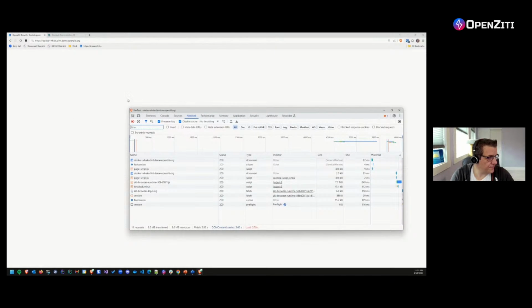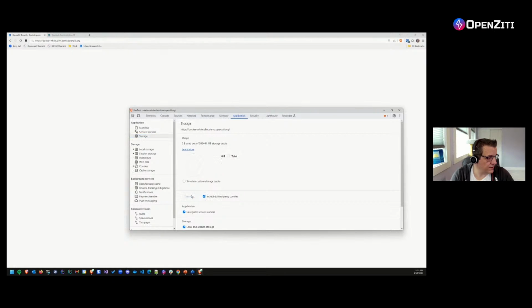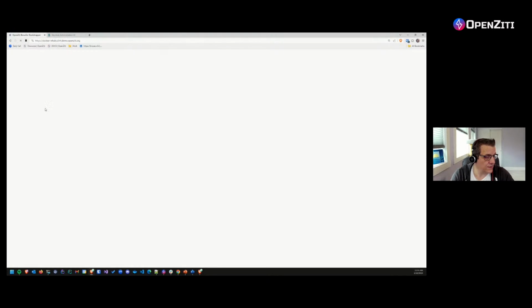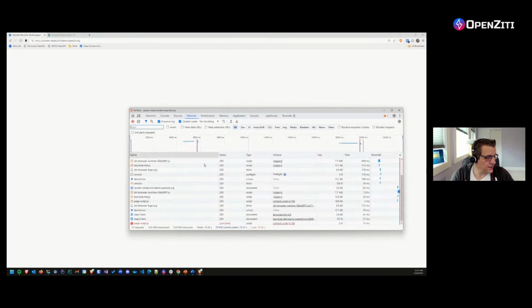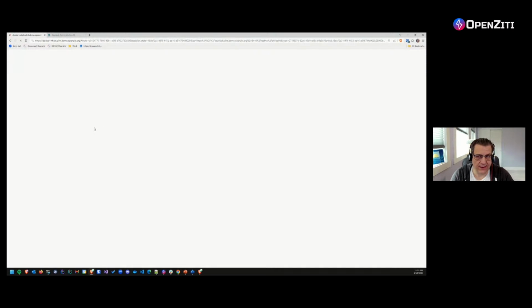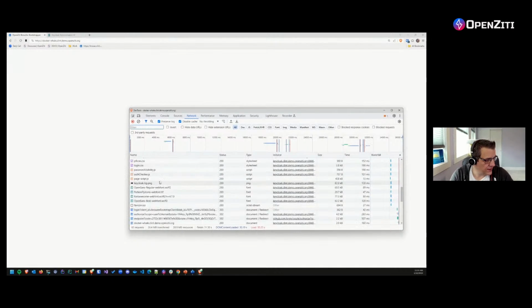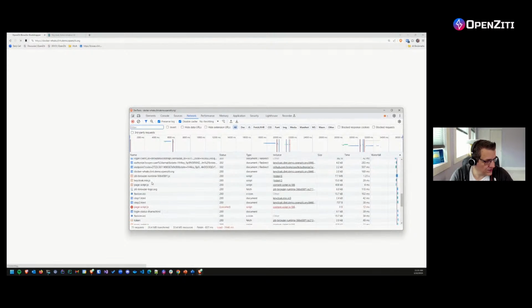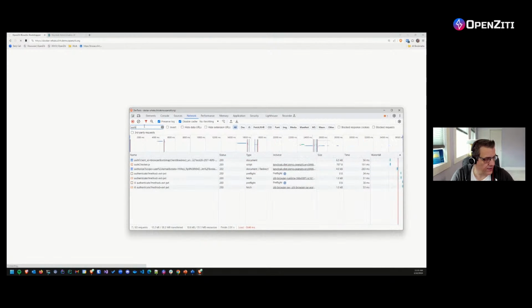What did I do wrong? Let's come back to network. There it goes. All right. So now it'll ask me to sign in again. Keycloak remembers that I've logged in before, so it only gives me two options, a password or GitHub the second time around, which is neat. So now if we come over here somewhere, we should see a /. Actually, if I type authenticate,